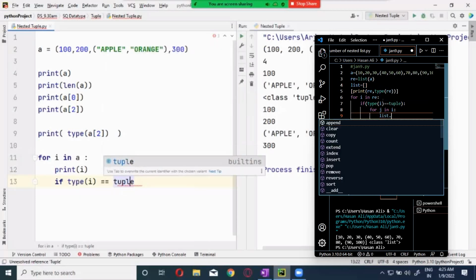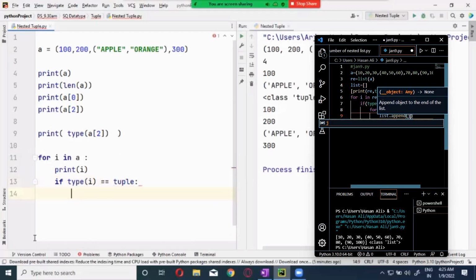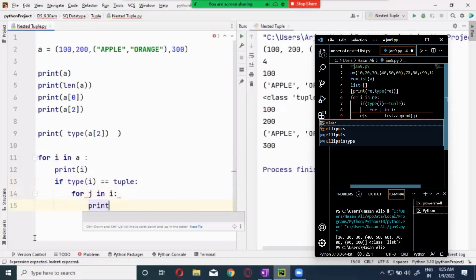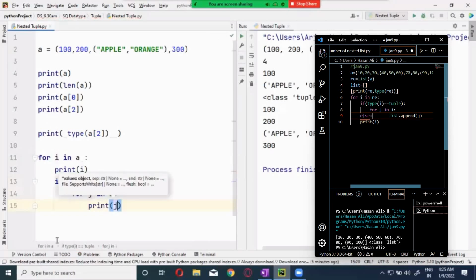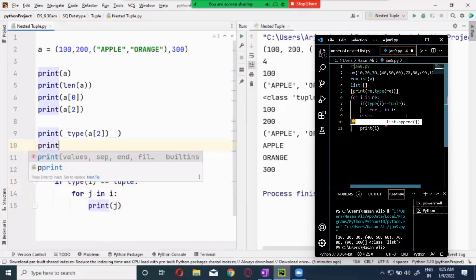Then what do we have to do? Then I have to iterate it. For j in i and print j. That's it. Print j. Now I will do this. Now I will begin. Now let me give a separator over here.